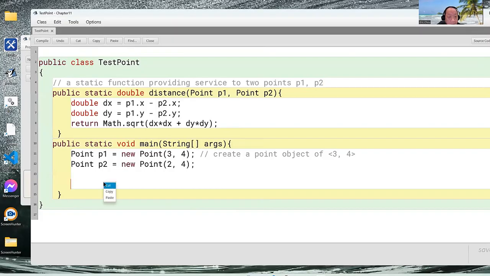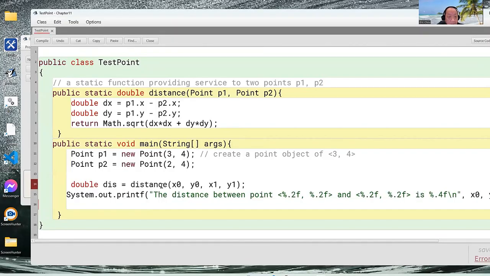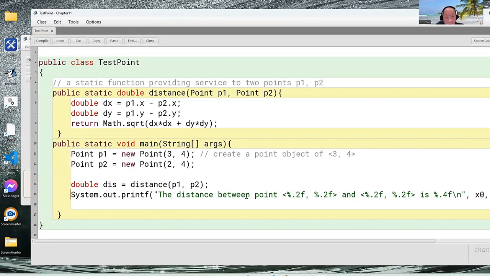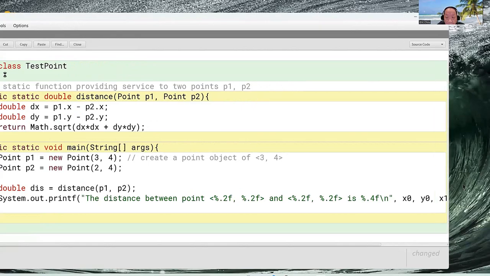Put it over here. Okay. So basically, you calculate the distance, and in this distance function you use P1 and P2 and pass them to the function, and then you will calculate the distance. So right here, you calculate the distance between this and this, and then you put in the x and y. Okay, now we can change this one to percentage s,